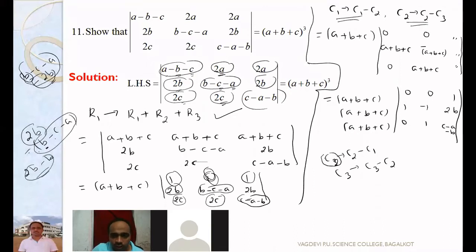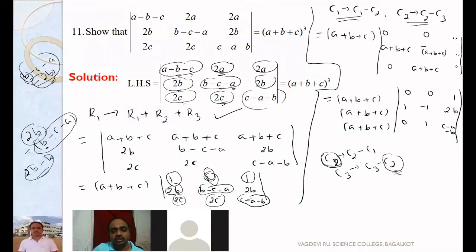When you are writing C2 here, C2 has changed. We have got new C2. In the next step, what you're writing? C3 minus C2. Which type of C2 is it? Is it old C2 or the new C2? So that's the problem. When you write C3 minus C2 here, C2 means is it old C2 or new C2? You cannot write old. What is the guarantee? Because already it has been changed. So that's why you should not do like this.